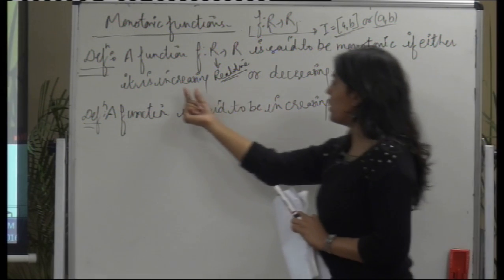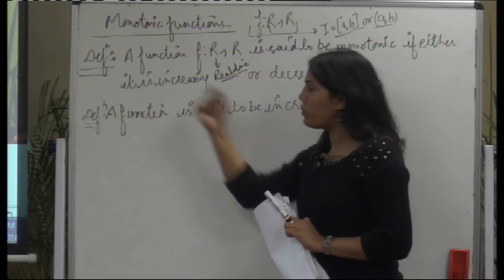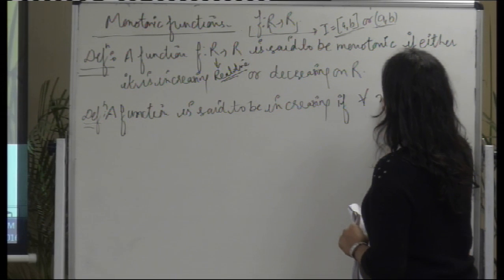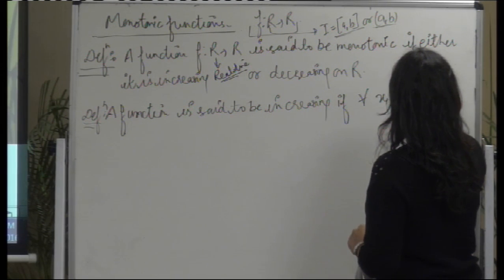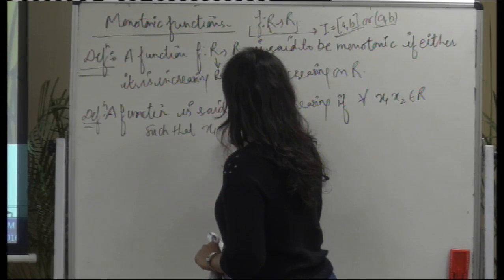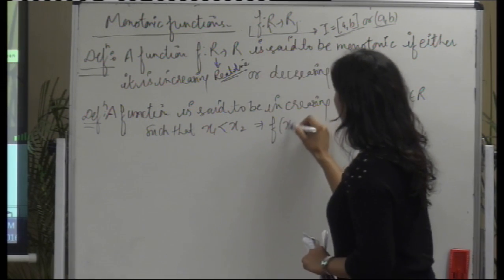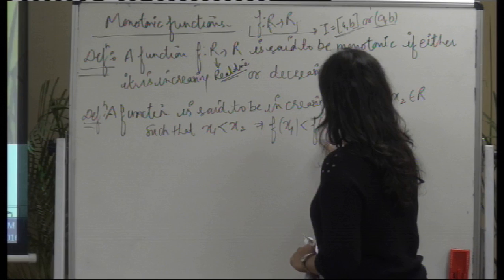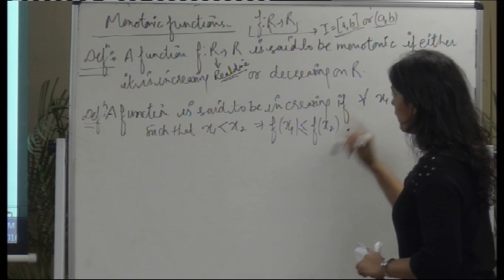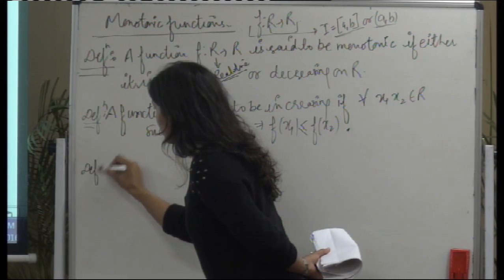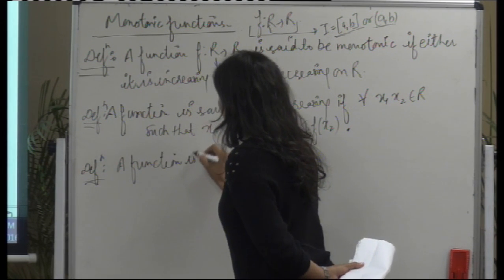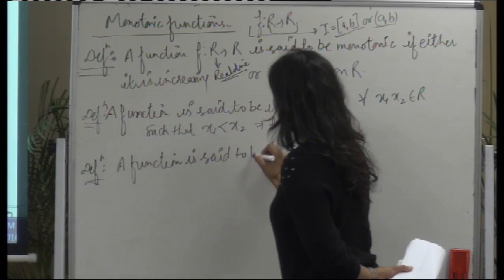Now what does this mean? Increasing means a function is said to be increasing if for all values x1, x2 belonging to R such that x1 less than x2 implies f of x1 less than or equal to f of x2. Because we have two definitions, please make it a point to write them down, then I'll clear it. Next definition, on parallel lines we'll write down: a function is said to be decreasing